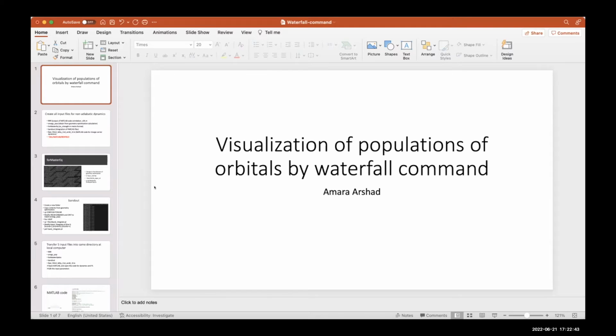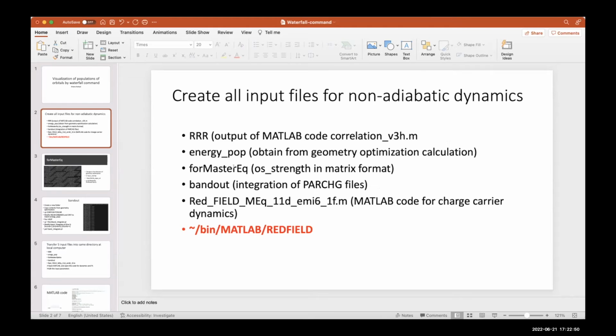So I'm going to talk about the visualization of population of orbitals. And first of all, we need to create our input files, and these are the input files that we need for non-adiabatic dynamics, and that is the RRR file, that is the output of the correlation code, and the energy pop file that we use for the geometry optimization calculation, and the master equation that is in the format of